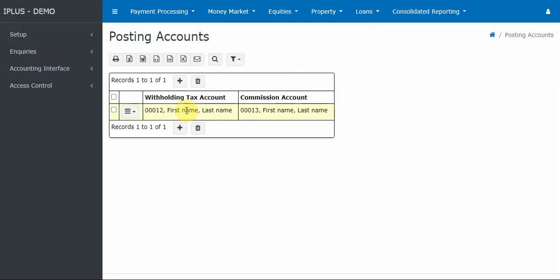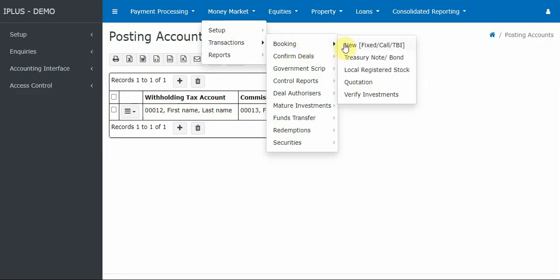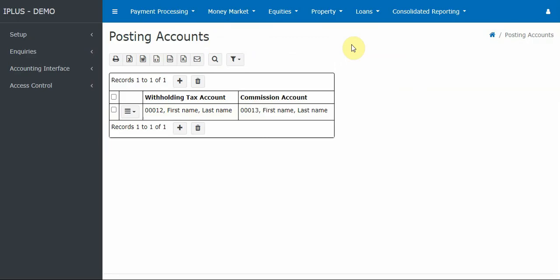So we're able to set up the different accounts also, so that when investments are matured, we've got a commission account, and we also have a withholding tax account. Once these accounts have been set up, you're able to define them here as posting accounts, so that you're able to keep a complete record for your regulatory authority requirements when you're sending out payments to be made to the revenue authorities. The system allows for the booking of